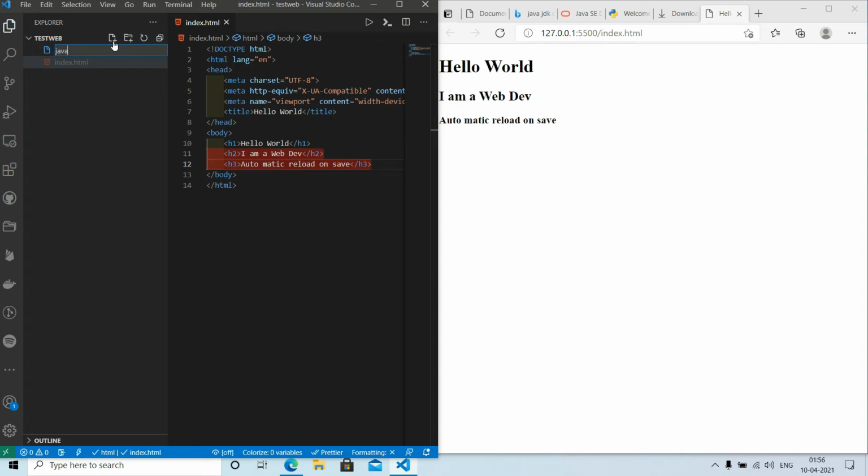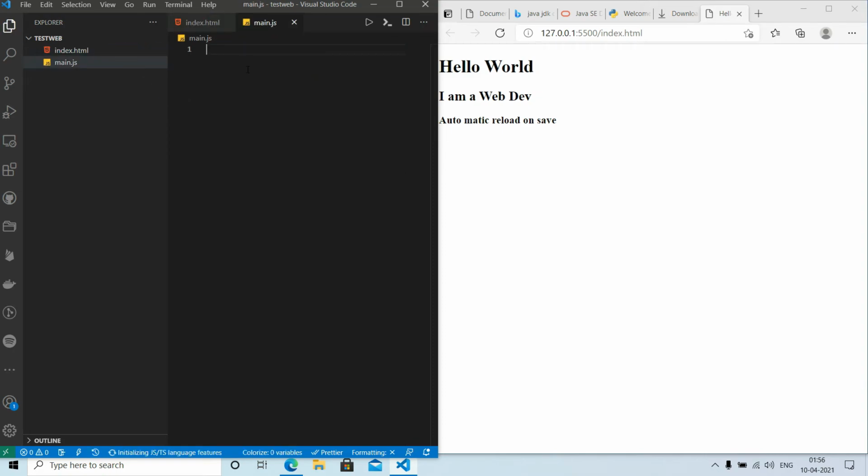And let us now test JavaScript. You don't need to install any tool for JavaScript, any JDK or anything. You can directly run it in VS Code or anywhere. Okay, let's console log Hello World.